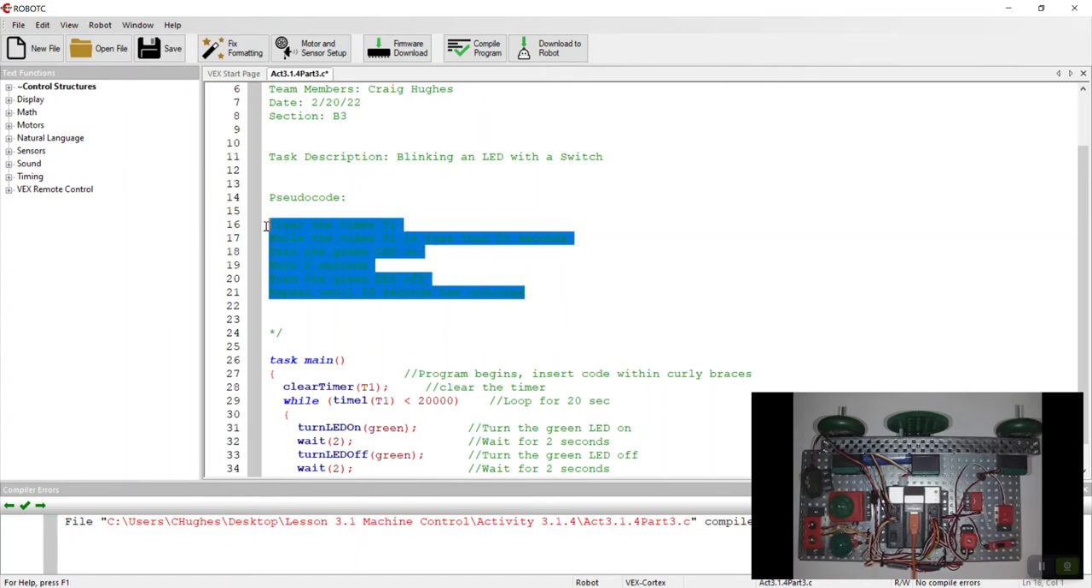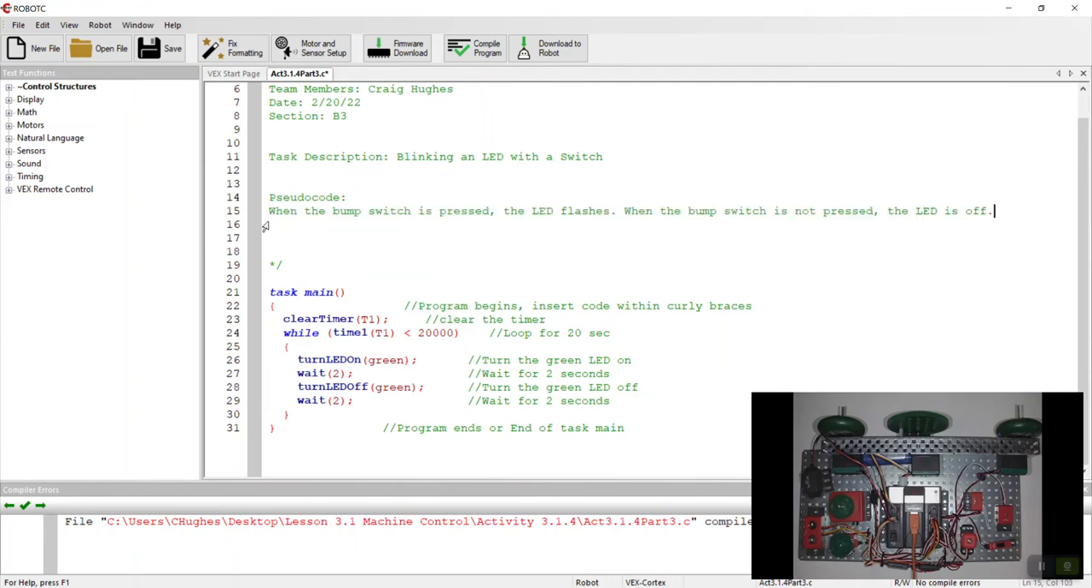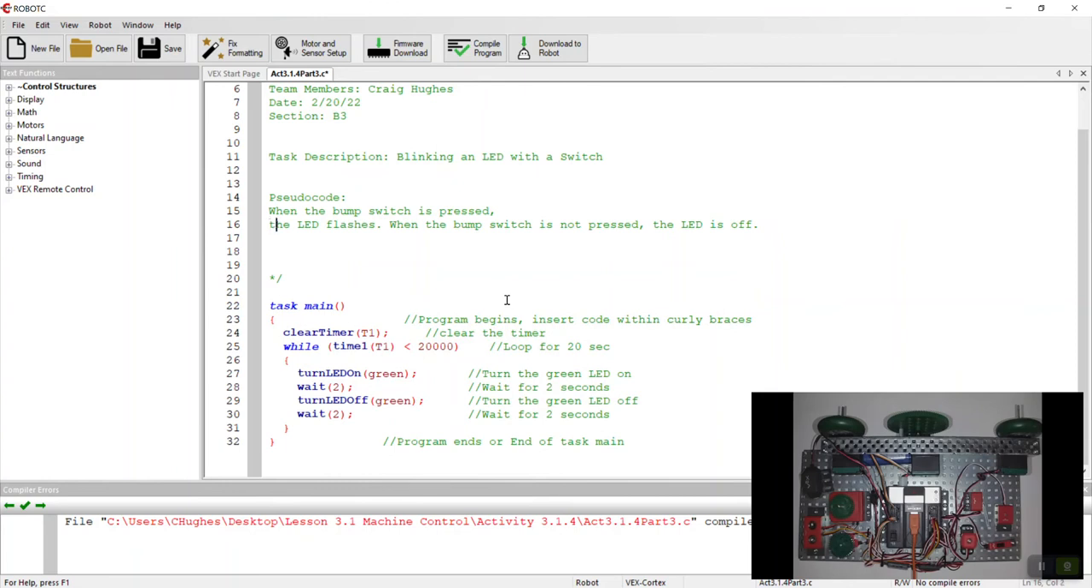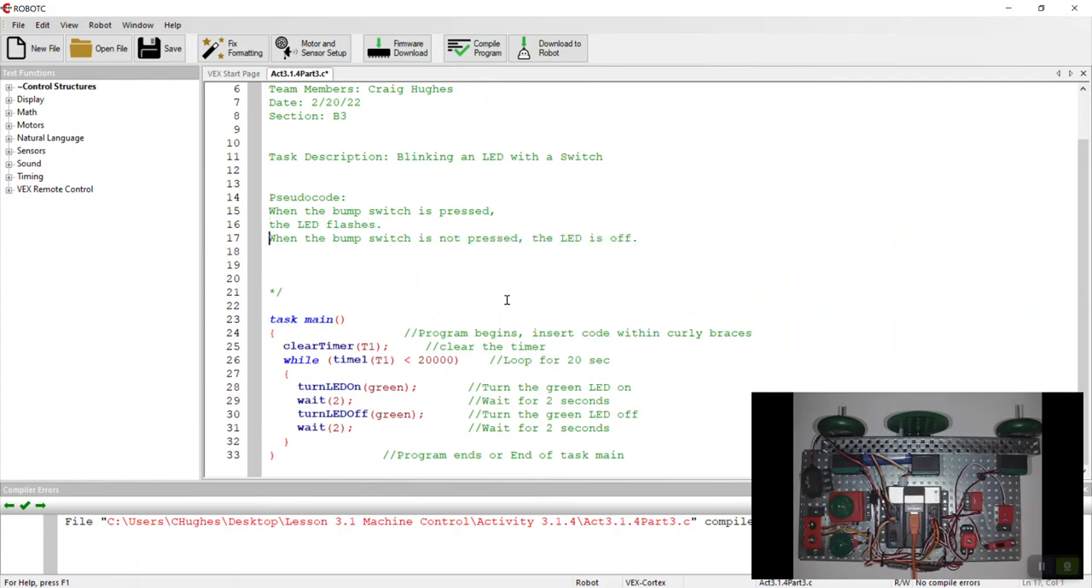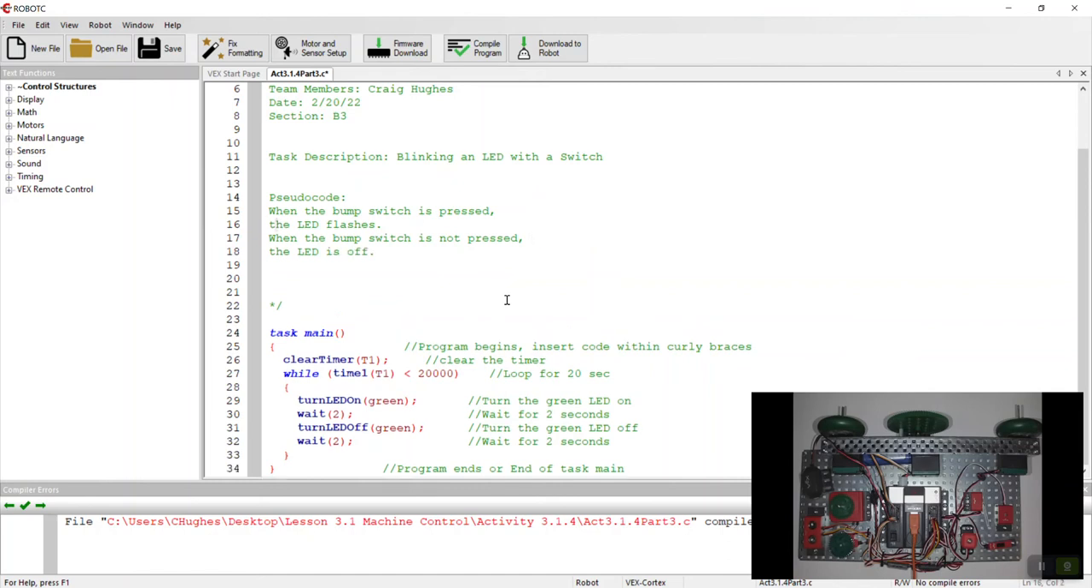And we can probably get rid of the pseudocode from before. And so now it says when the bump switch is pressed, the LED flashes. When the bump switch is not pressed, the LED is off. So instead, we don't want to use any until statements. So this is one thing that we would want to go through and do. It says, if the bump switch is pressed, so we'll get rid of that punctuation at the end. The LED flashes. So we'll say,